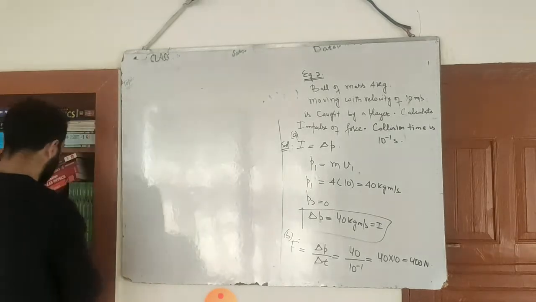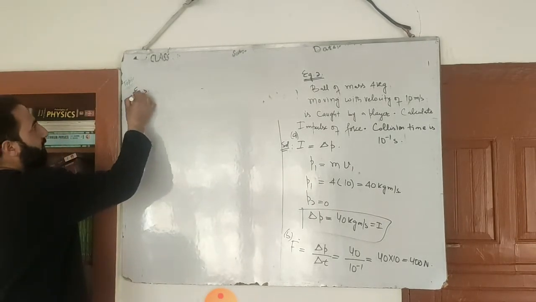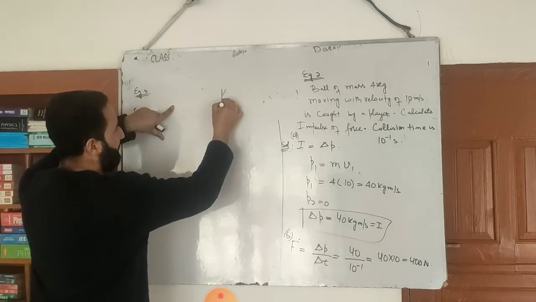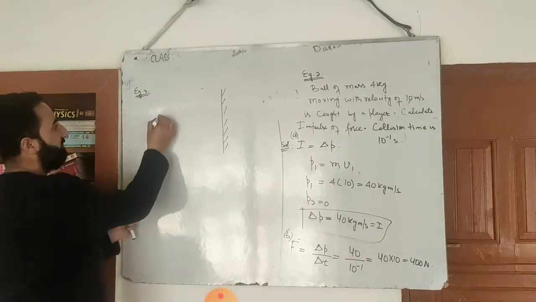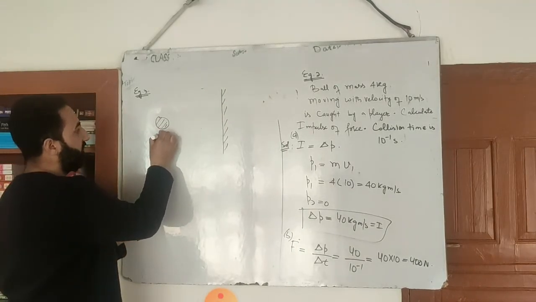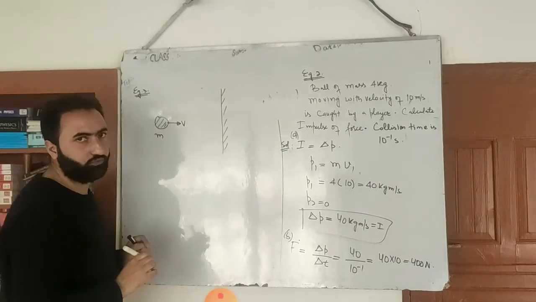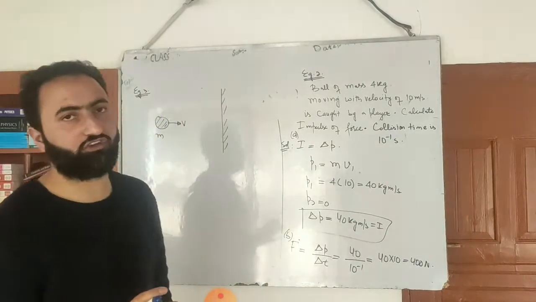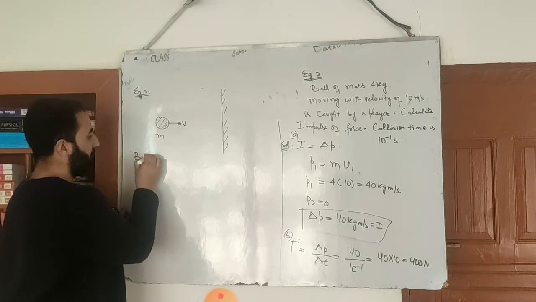Now pay attention, beta. One more example. Example number 3. Example number 3 is like this. For example, it is given to you that this is a vertical surface here, a rigid surface. Vertical rigid surface. And here is a ball. Its mass is given, it's m, and it's moving in this direction with velocity v given to you. It will collide with the wall and bounce in the backward direction with the same velocity. It is given to you that the ball, here I will write down, ball collides with the wall.